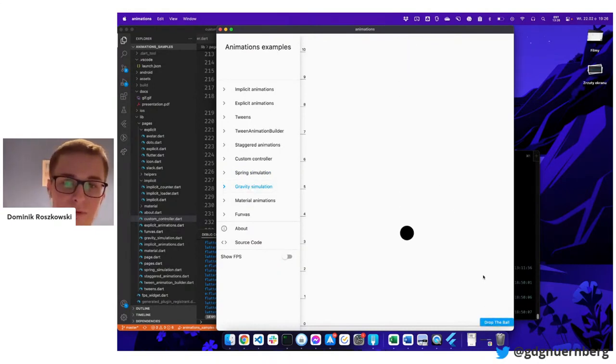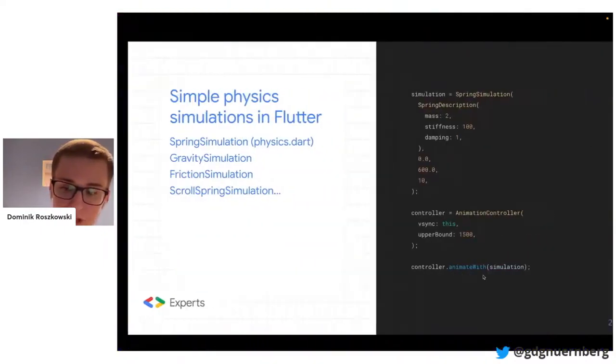But the nice thing about Flutter is that it comes with that included, and you can also create your own simulation. This is pretty cool stuff. If you, for instance, want to make some kind of simple game or some physics-like behavior in your app, and you don't want to calculate all of that stuff manually, you can just use the nice APIs for animations that are included with Flutter.